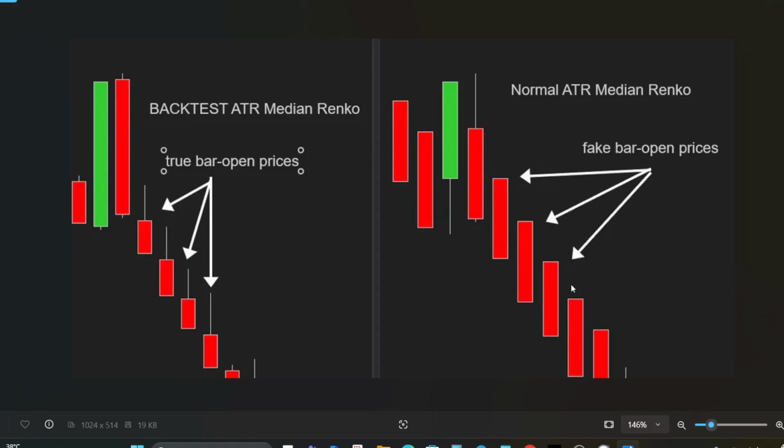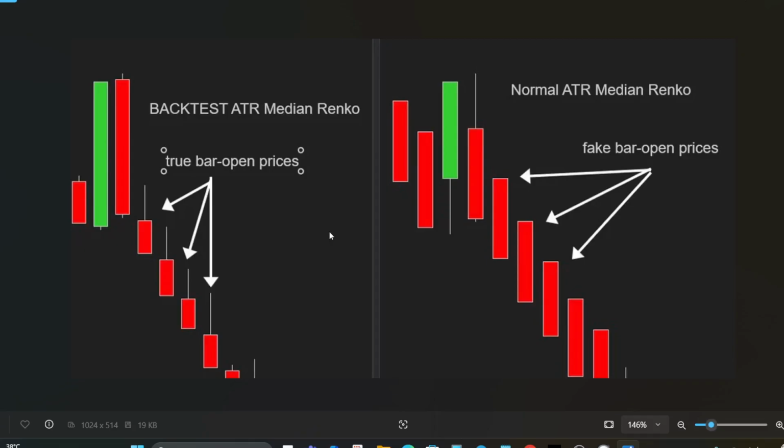But median Renko bars take this a step further. Instead of just using the closing price of the previous bar to determine where the next one starts, median Renko bars are calculated based on the median price between the open and close of the previous bar. This approach smooths out the price action even more, reducing noise and